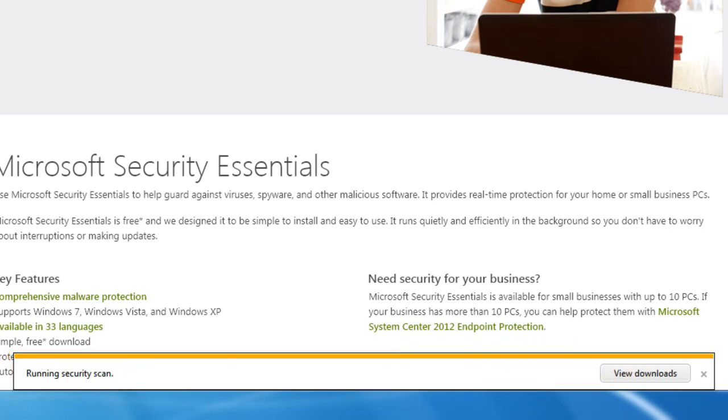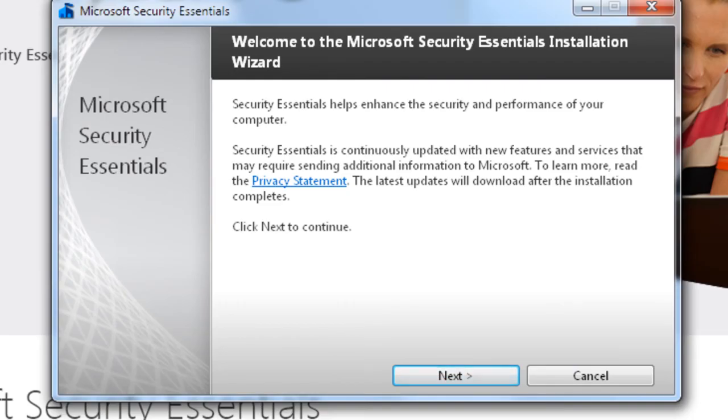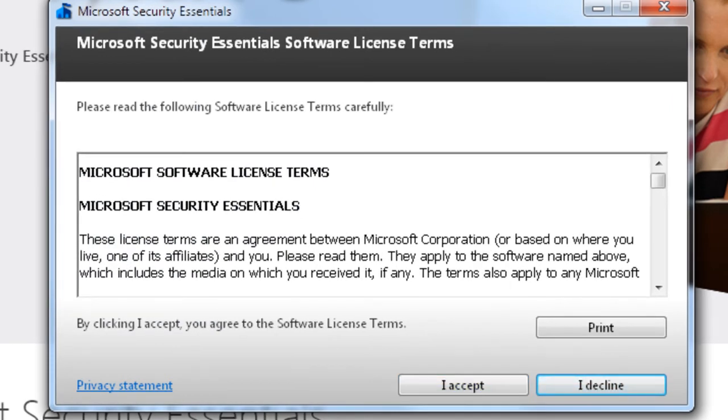So click on the run button, which will start the setup sequence, and you will be presented with a welcome screen for the MSE Microsoft Security Essentials installation wizard. So the first thing we do here is click on the next button here, and the first window you will see is the licensing terms. You can read it if you like, nobody does, so just click on the I accept button